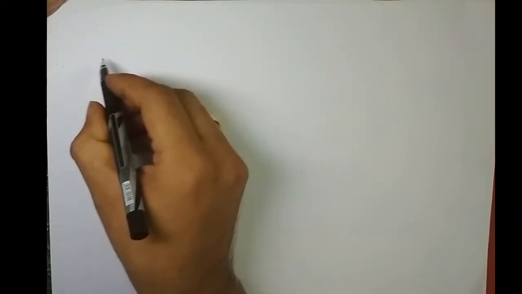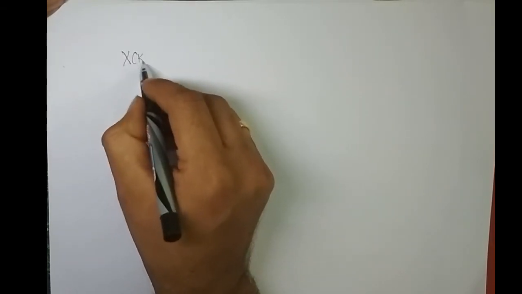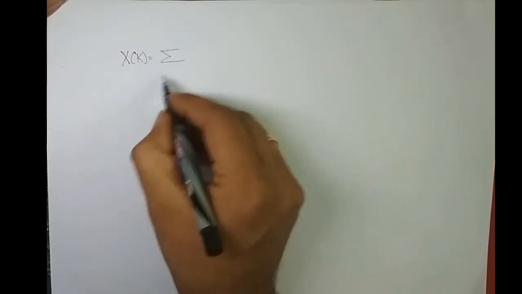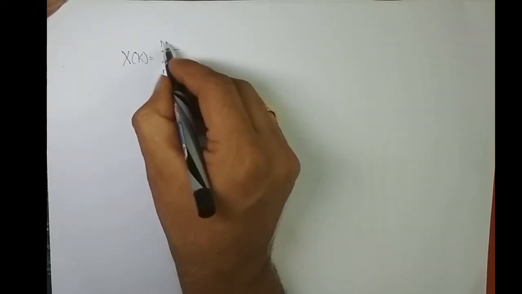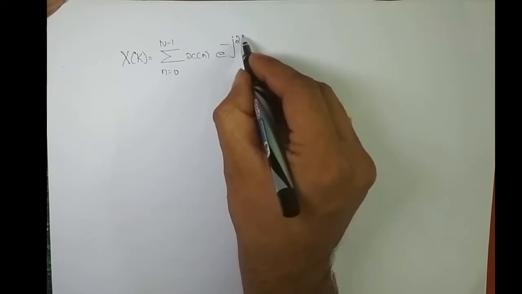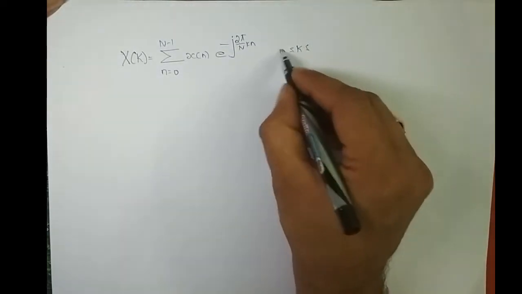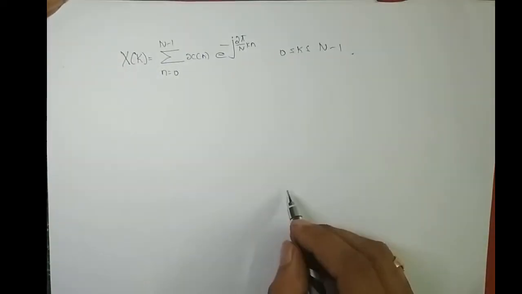Hey guys, in this lecture we are going to discuss a few key points to be noted in solving n-point DFT. First thing is, what was the formula we had to find n-point DFT? X of k is equal to what? Summation n varying from 0 to n minus 1, x of n, e power minus j 2 pi by n into kn, where k is varying from 0 to n minus 1, right?